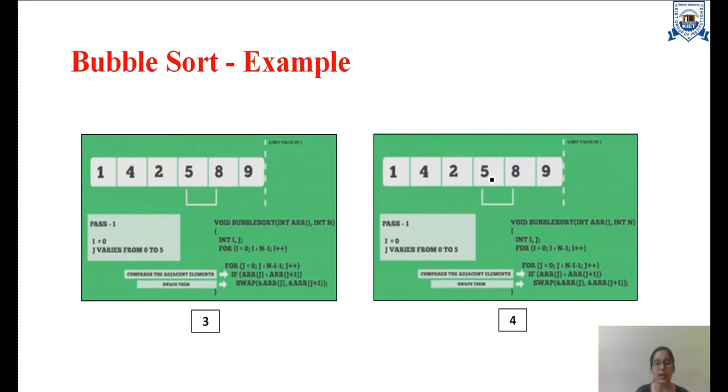So swapping is not done, we'll simply move a pointer ahead and 8 is compared with 9. Now when we compare 8 with 9, we see again the swapping is not required because 8 is already less than 9. So in this case, swapping is not required, we move towards the end of the position. So finally we have the last element or the highest element, which over here is 9, to be present at